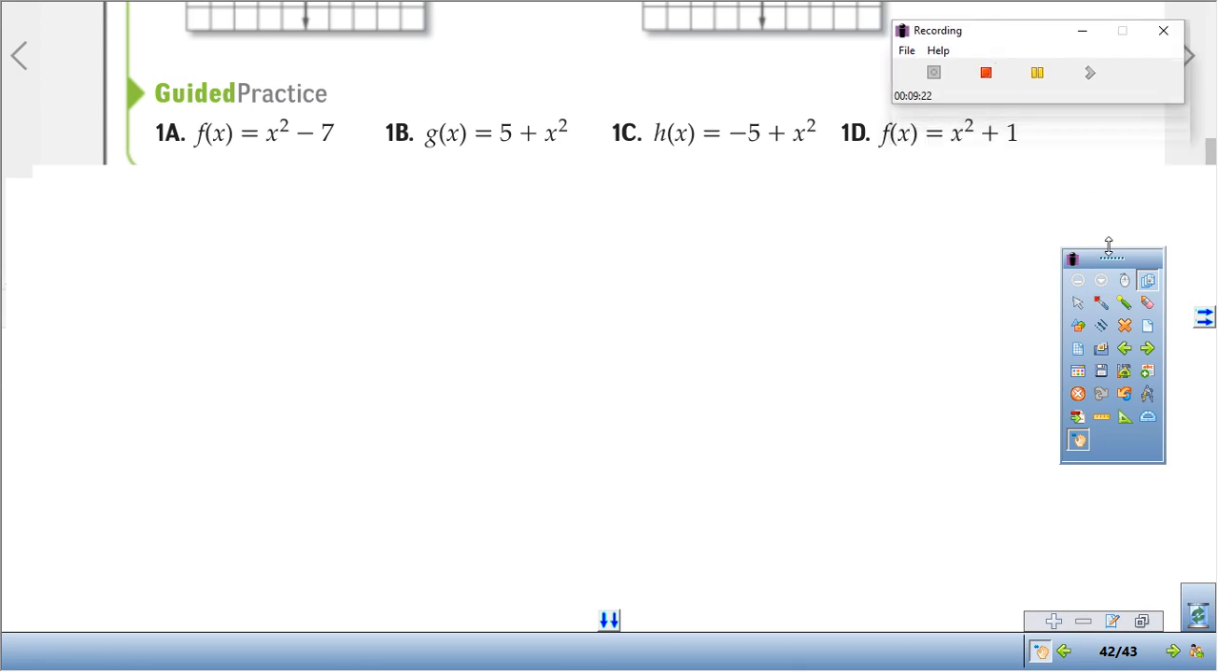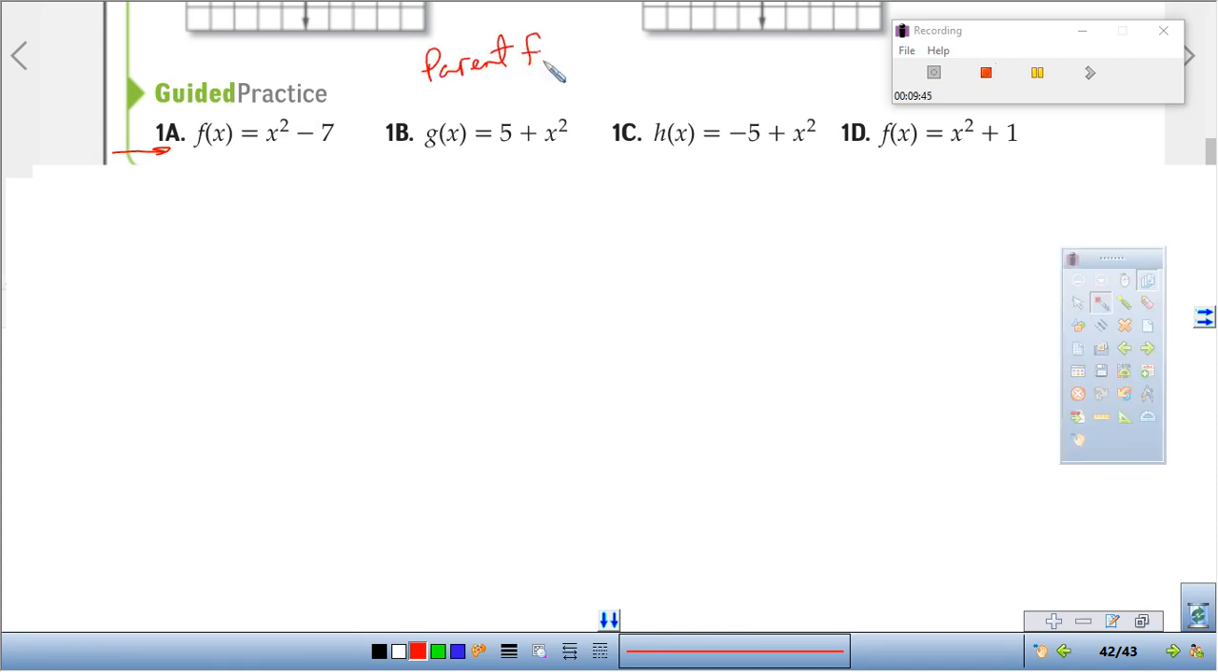We'll have these on your 6-week exam and so forth, so we need to know them, okay? Again, the question's asking, describe what this one is compared to the original parent function. And I'll go out here and say parent function